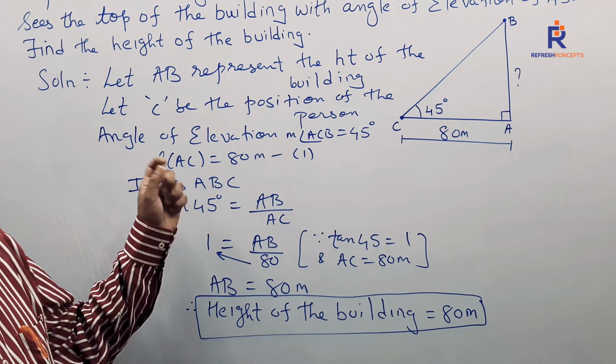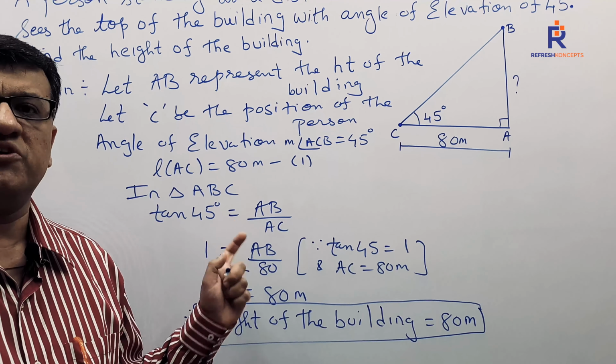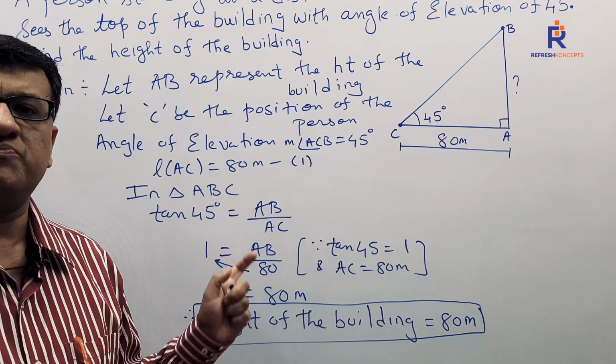We started off with a very simple sum to make you understand how word problems of heights and distances could be. One thing I would like to make you understand in the very first sum is that at times students might think, sir, is tan of an angle what we are going to use every time? No, children, I will not say that every time you'll use tan of that angle, but the maximum number of times you will. But I'll give you a very simple way to find out whether I am supposed to use tan, sine or cos.